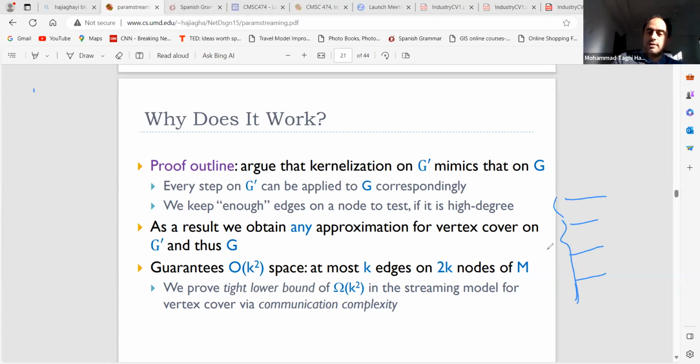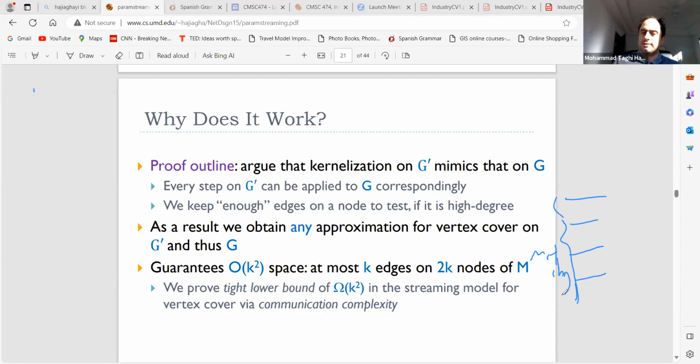So this matching can be at most k. Why? Because each edge of this matching needs at least one vertex in the vertex cover. So if the vertex cover is k, in that sense, parameterized streaming is some kind of promise streaming as well, because it is promised that the solution would be k, and you want to do something based on k. There are some other versions where you don't know k, and based on any k, you just want the guarantee that the space should be at most k. But these are different variations.